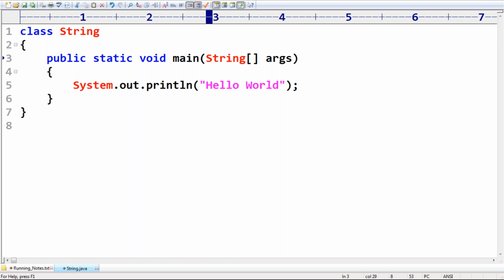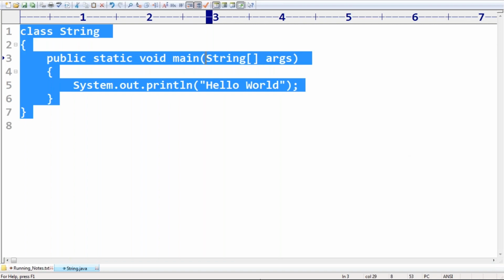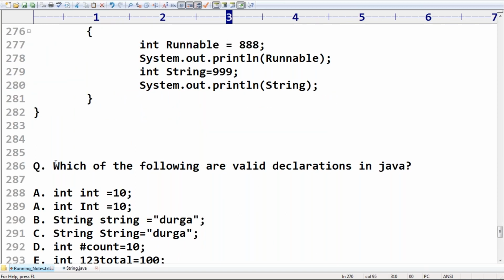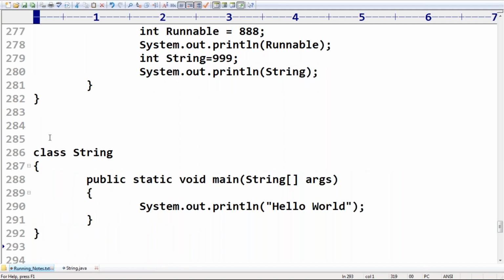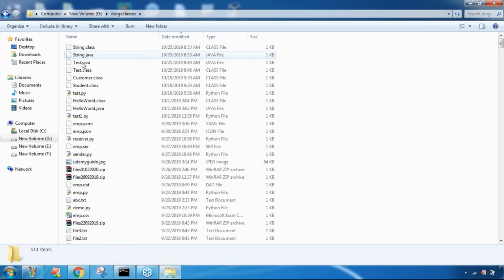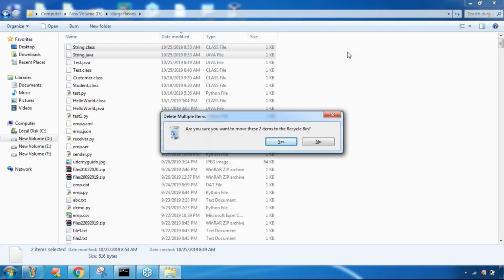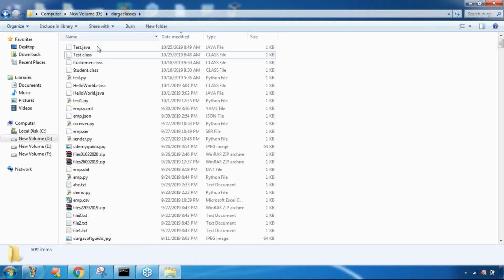But anyway, from the next program onwards, I'm always going to get the problem, because in my system there is one String class. It's always going to consider our String class but not java.lang.String. Every time I require to use java.lang.String. That's why let me go to that location and remove these two classes. Otherwise every time I will face the problem. String.class, String.java, let me remove. Otherwise, it's always going to take our String class, then in all future programs the problem is going to come. Just I delete it. Getting, friends?